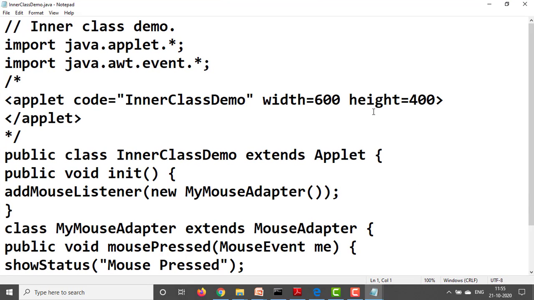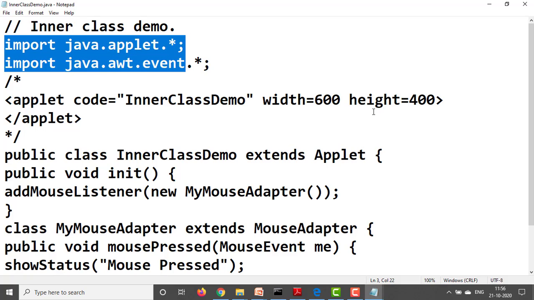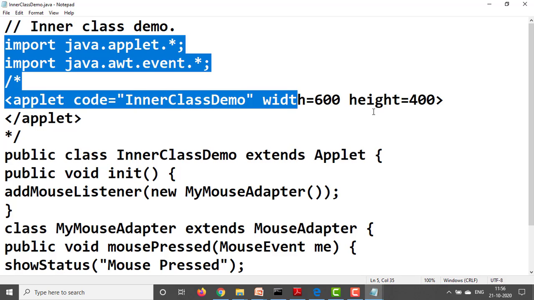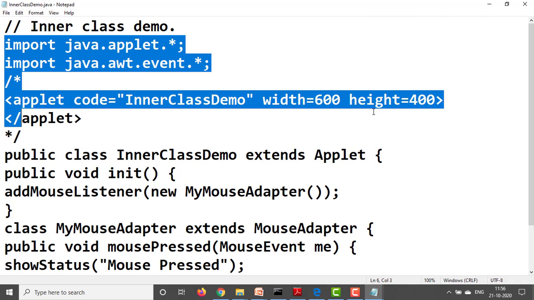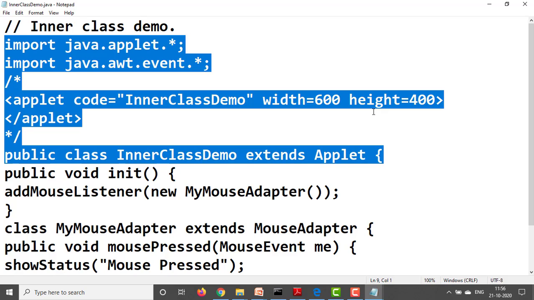Inner class demo. First thing we are going to import java.applet.*; import java.awt.event.*; start a multiline comment, start the applet tag: applet code equal to InnerClassDemo, width 600, height 400. Close the applet tag, close the multiline comment. Start the class: public class InnerClassDemo extends Applet {